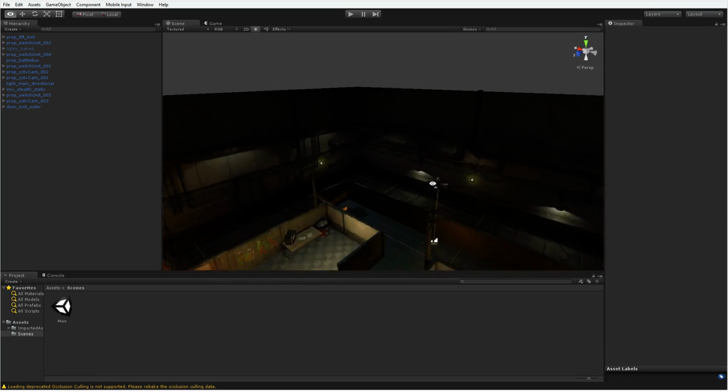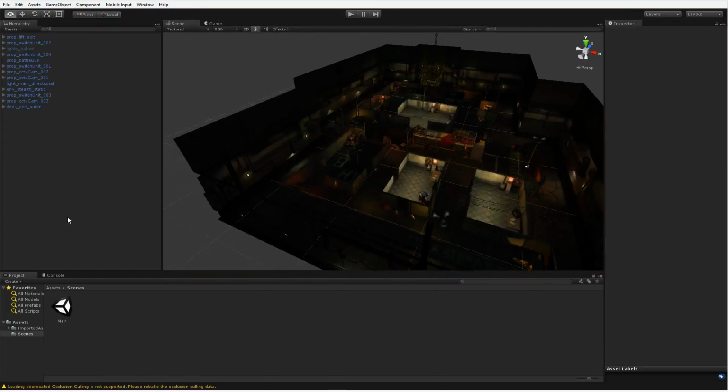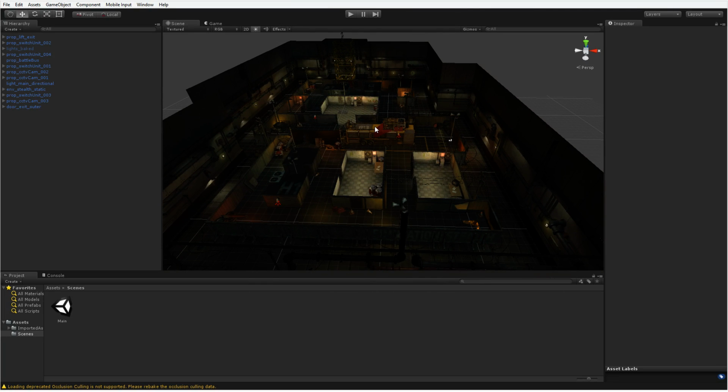All right, cool. So now we have our game level, and it's stripped down. We're ready to go. So now that we have this the way we want it to be, it's time to start building our first person stuff. So we can go through and write our own code and create our own character controllers and things like that. But the whole idea here is about using stuff from the asset store, saving ourselves a lot of work.